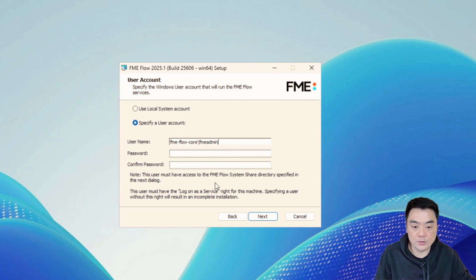You just need to make sure that that user will have access to the shared directory, and also has this logon as service right as well. So we're just going to use a local system account for this exercise, but just understand if you're doing this